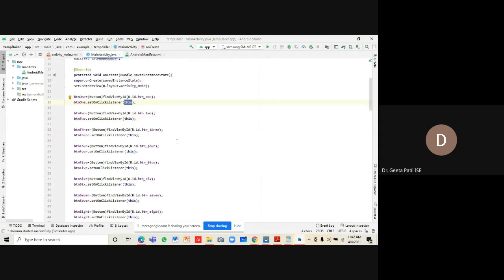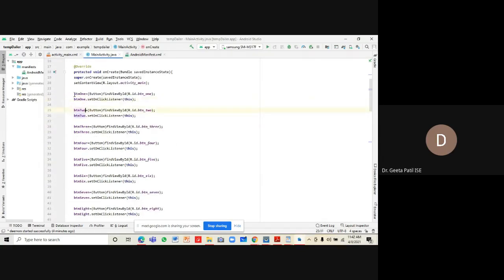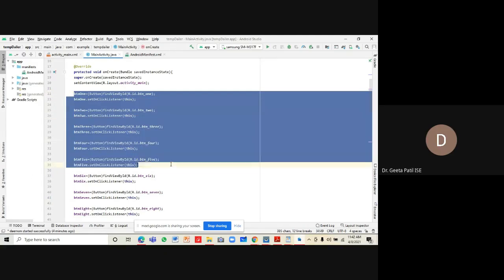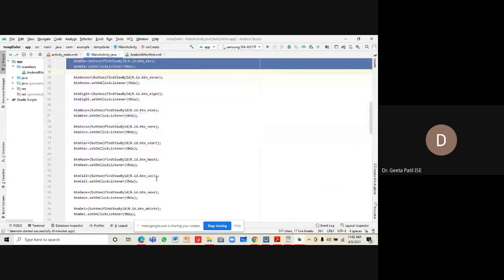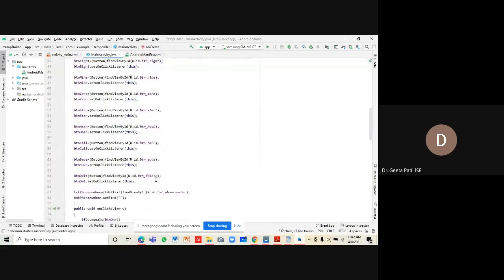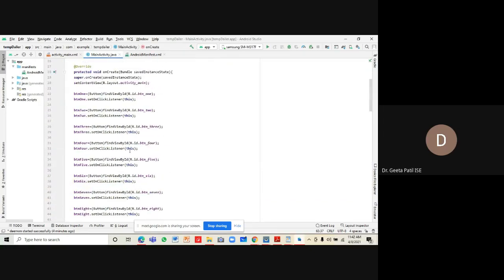Similarly, in the same fashion, the reference is made for the remaining buttons and the text field as well. For the text number, the reference is made. And apart from referencing it, we are setting the on click listener event for this button: button1.setOnClickListener(this).